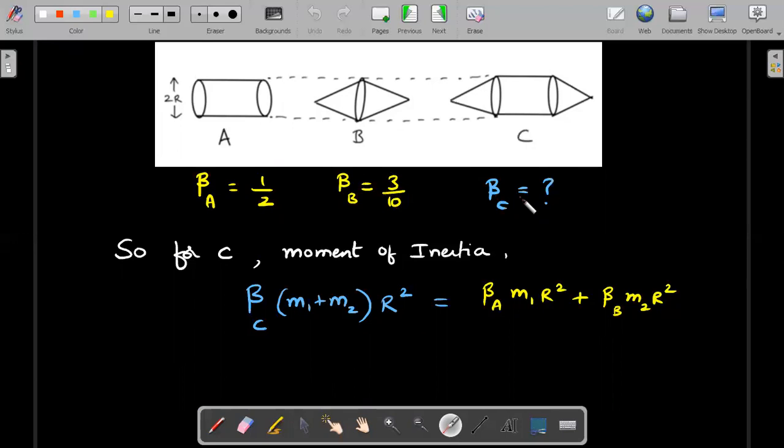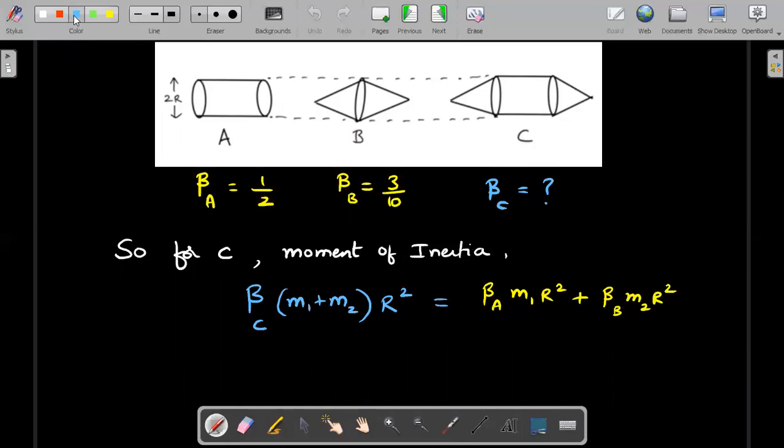So if you can ascertain what's the value of beta C, I think our job is done because of the previous page's concept. So for the moment of inertia of this combined or hybrid object, which is having the same axis, you could see same heights I have marked, would be just the sum of the moment of inertia of these two, right, about the same axis of rotation. So I can just add the moment of inertia, especially if they share a common axis. Even though moment of inertia is not a scalar, in this single axis rotation it behaves so. So the value of this beta C into the sum of the masses into r square, for the moment of inertia of the C, should be a simple addition of the moment of inertia of A and B. I've just written the summation here.